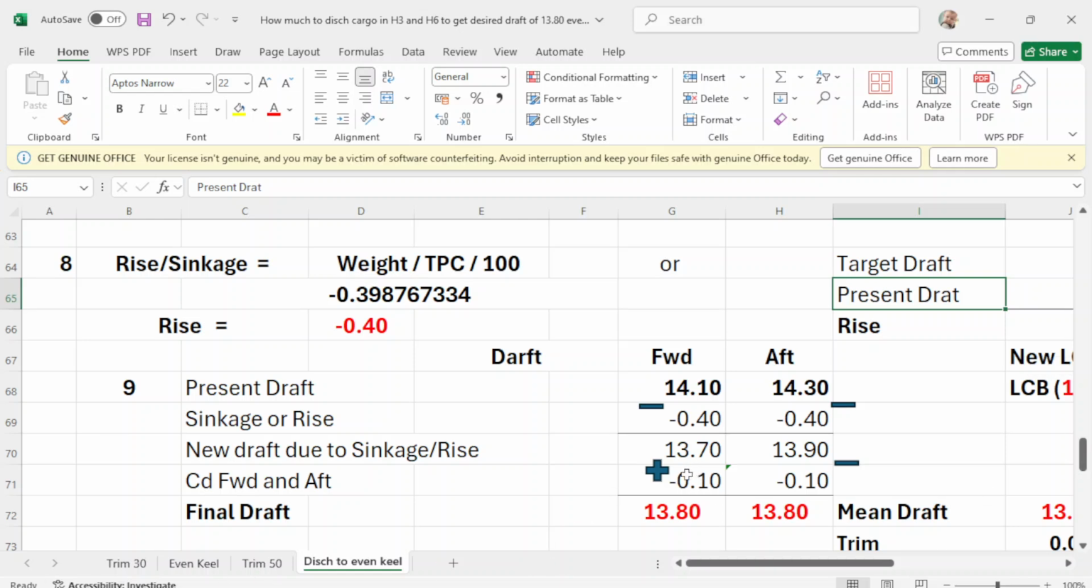So from this due to rise, which is forward is 13.70 and up is 13.90, you apply now your change of draft forward and up. So forward, change of draft forward is 0.10, and up draft, change of draft up is 0.10. Now take note